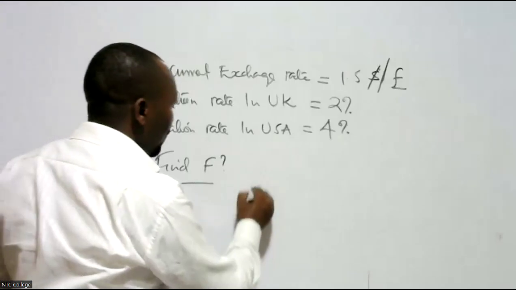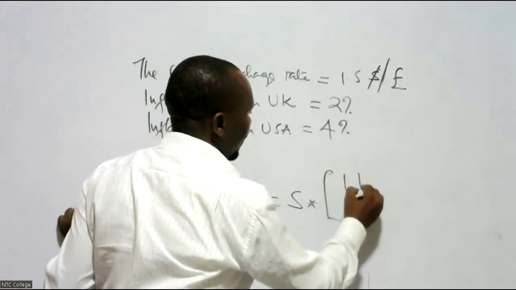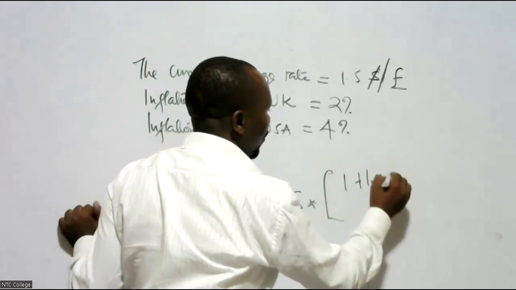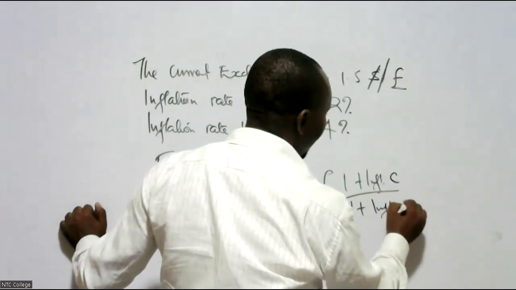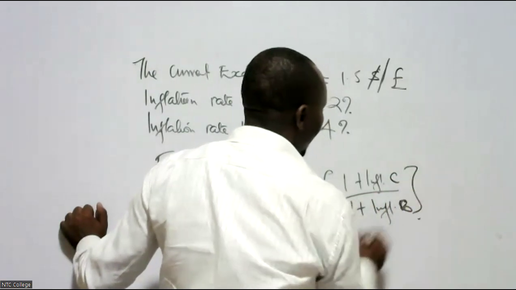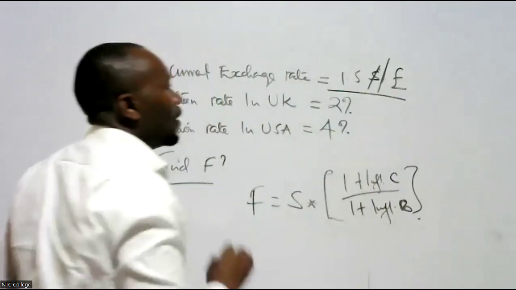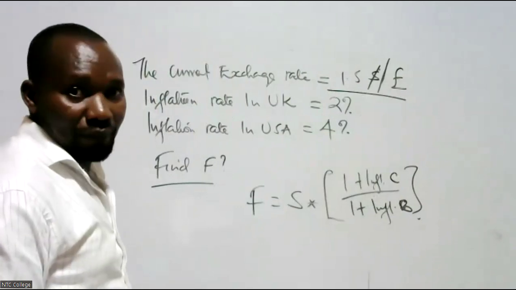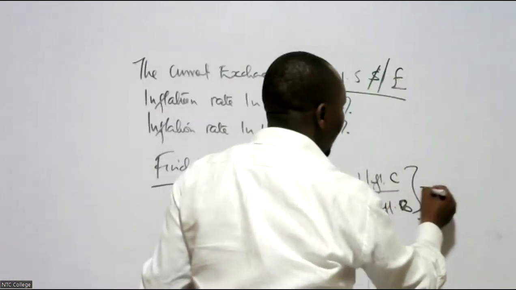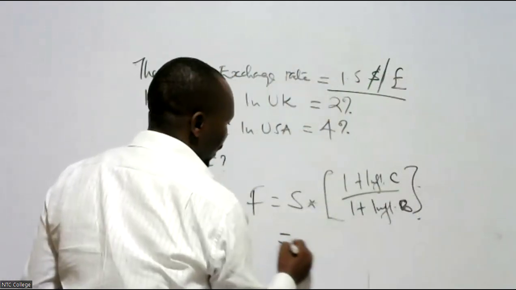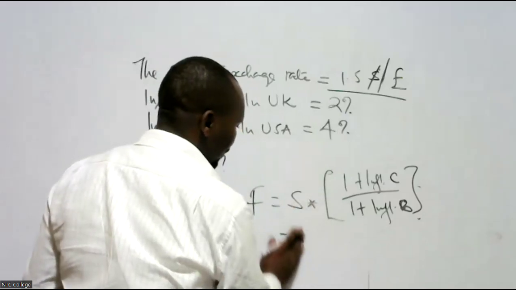So we are saying now F is equal to S into (1 plus inflation of country C) all over (1 plus inflation of country B). And we are saying that how you can determine this depends on the exchange that you're given. So look at this, it is the pound that is down, so that is UK. So you're going to have S into, in fact, S now is 1.5